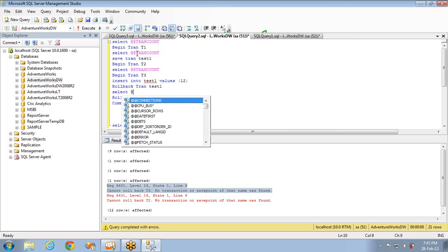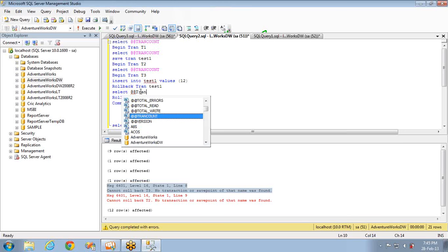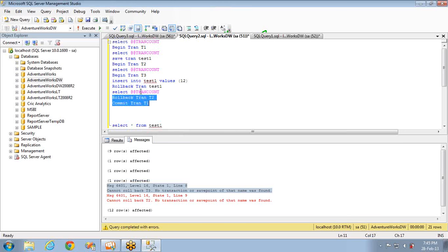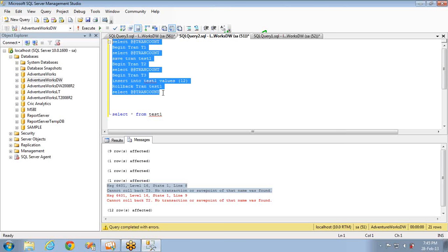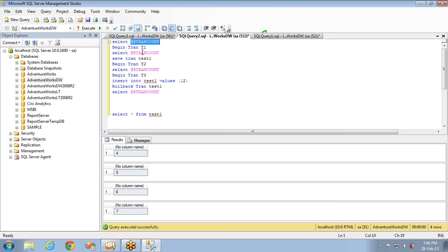Now I'm going here to see what's the trans count. Okay, I'm rolling back up to test1. I'm not rolling back the complete transaction. Let's see what will be the transaction count. Generally, you know, if you apply rollback, it will be rolled back completely. It will go to the start point, right? Now, if you see this execution, there are so many open transactions, man. There are 4 open transactions, and it has become 5th, it has become 6th, and this is inserting a value, and this is going back up to this transaction, and then it is getting the value.